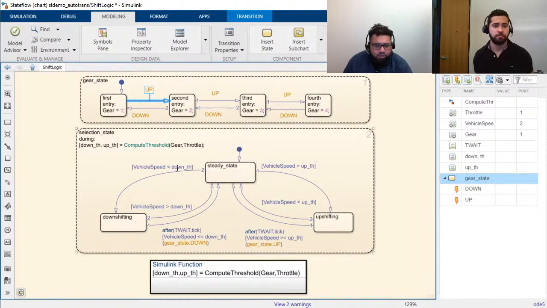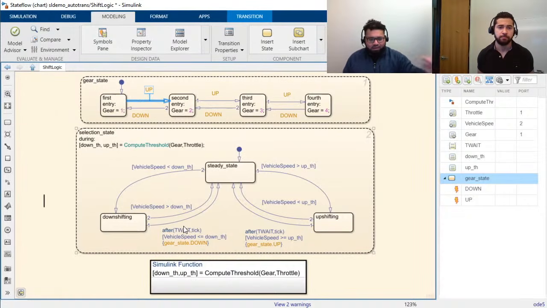When your vehicle speed goes below this threshold that we've computed using the Simulink function, it'll go into what's called the downshifting state. Now, once it goes into the downshifting state, we're going to use this after, and then t wait is just a local parameter. This could be 5, it could be whatever, it just could be a number. We're saying after some amount of ticks, if your vehicle speed, and notice the square brackets indicating that this is a condition, is less than or equal to that same down threshold value,